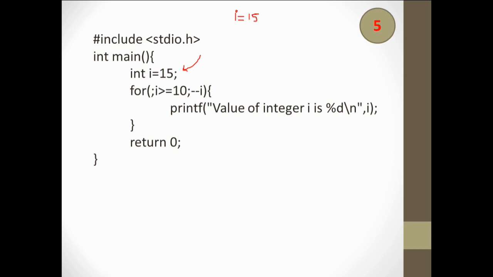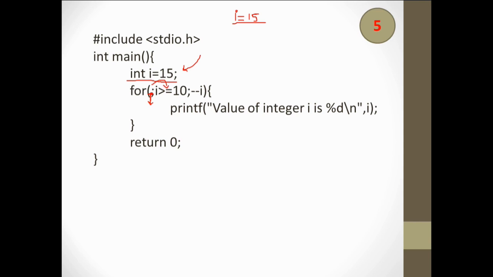After that inside that for loop, the initialization is again missing. You have already initialized the variable here, and you get the value of I as 15. You can see there is no initialization, but after that you will check the condition part.